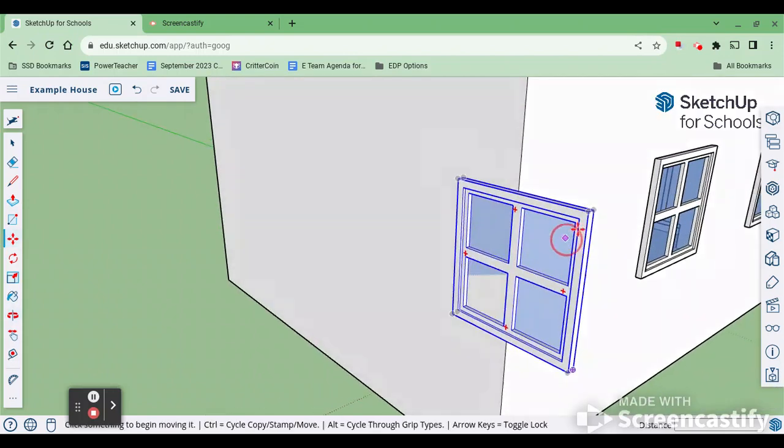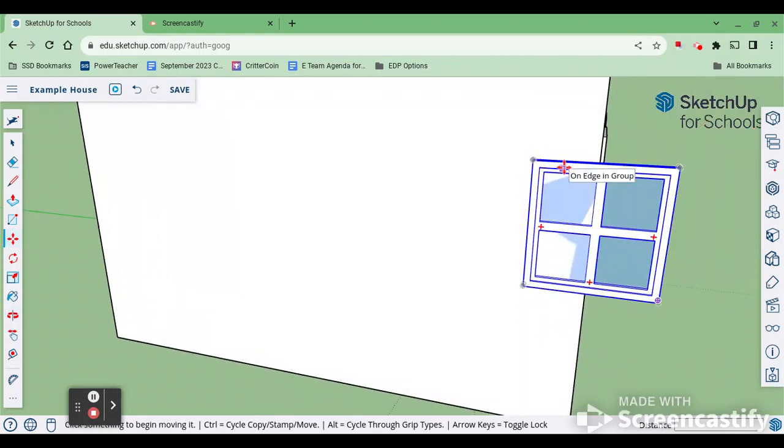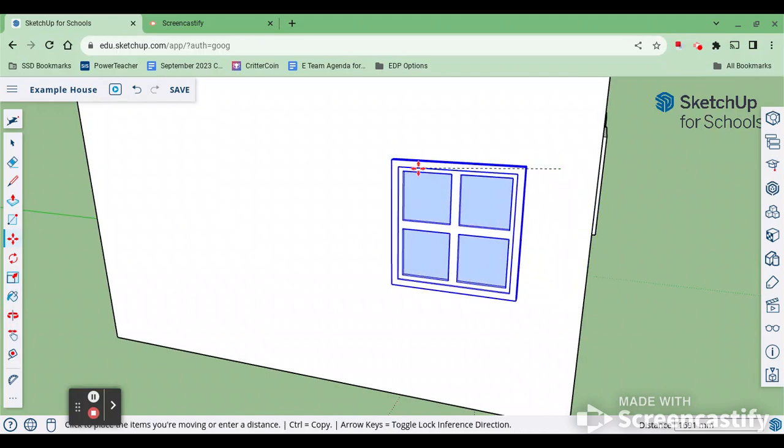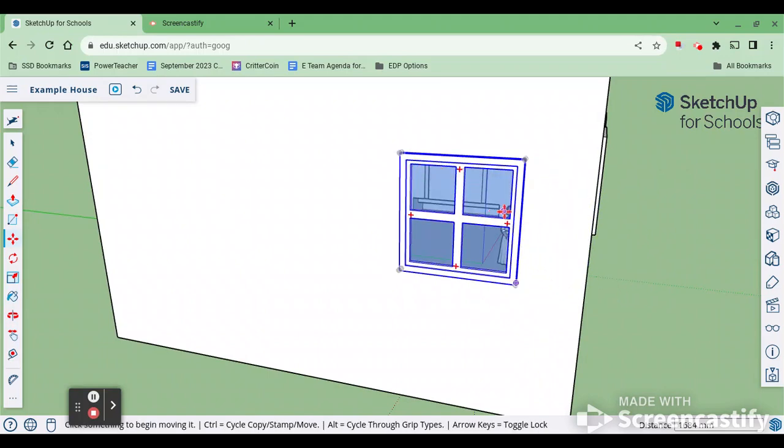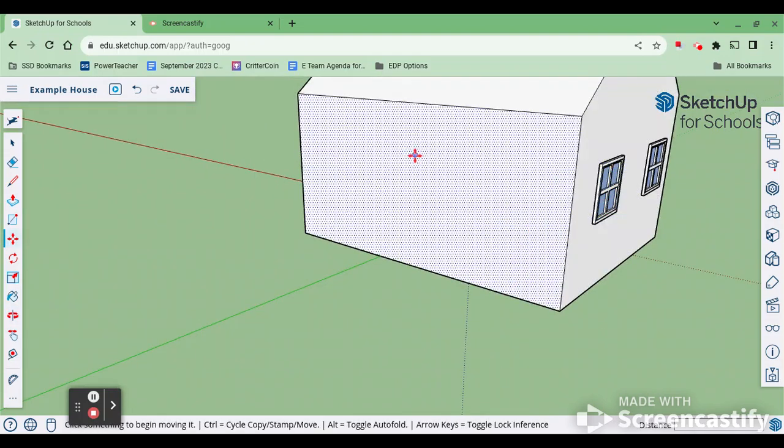Now I know my window is straight in line with that window. It's on the surface, and now I can click and move it across. And there I've placed my window. Now I can rinse and repeat that process, add my windows, and I could even add more on the other